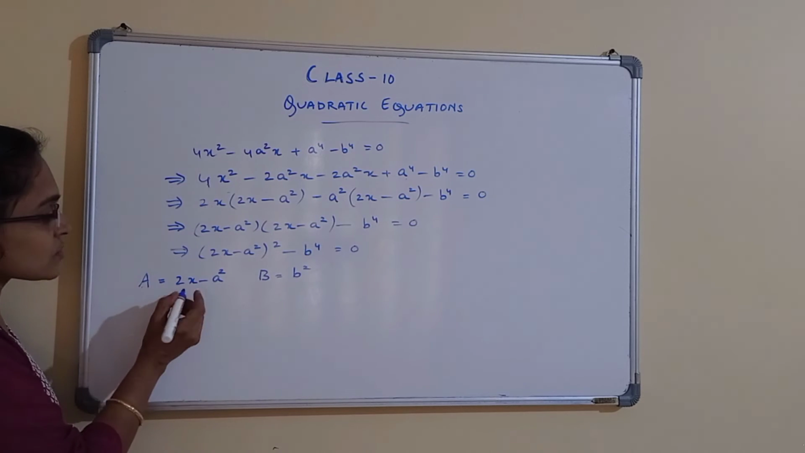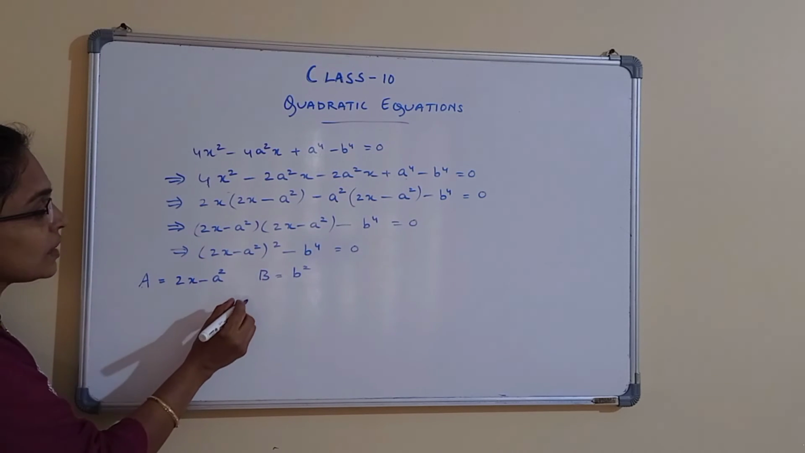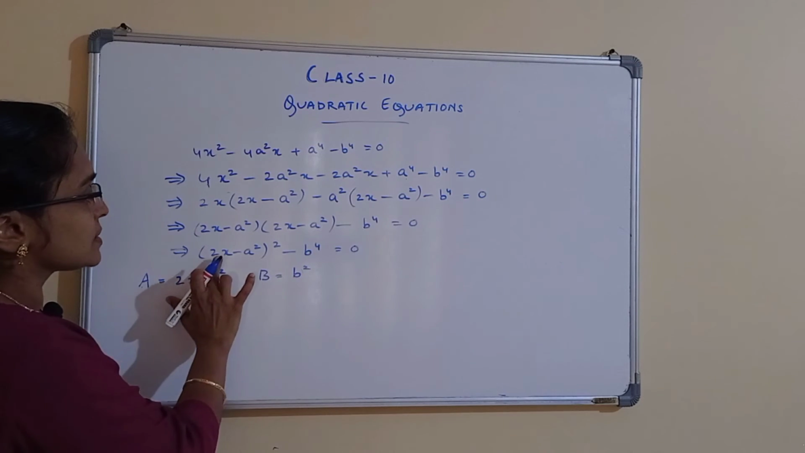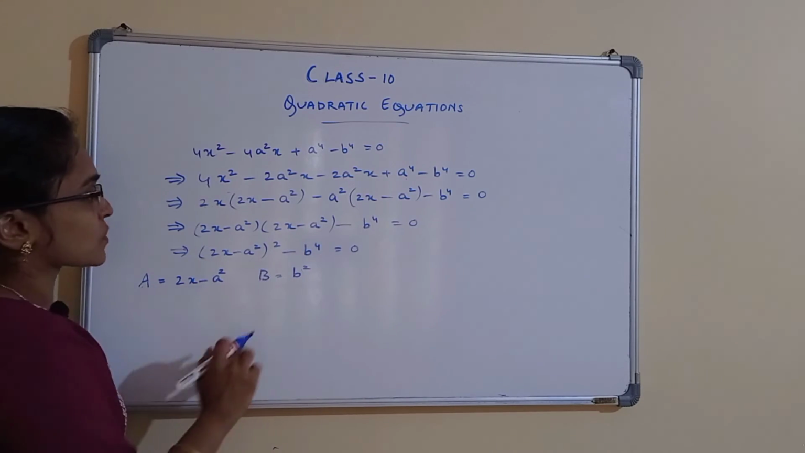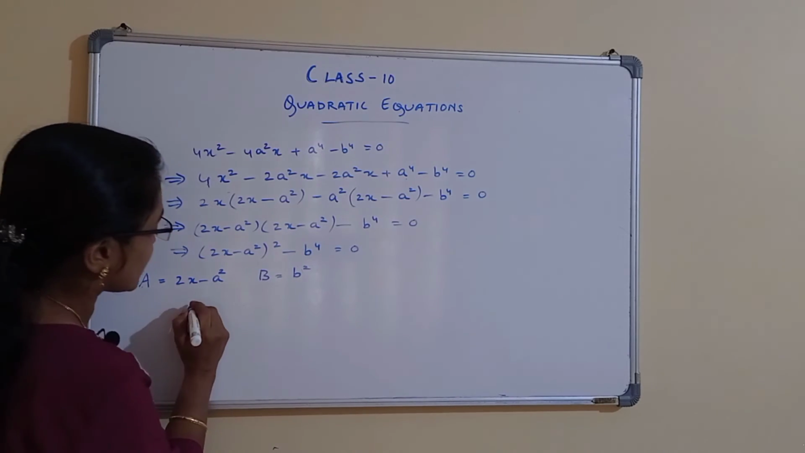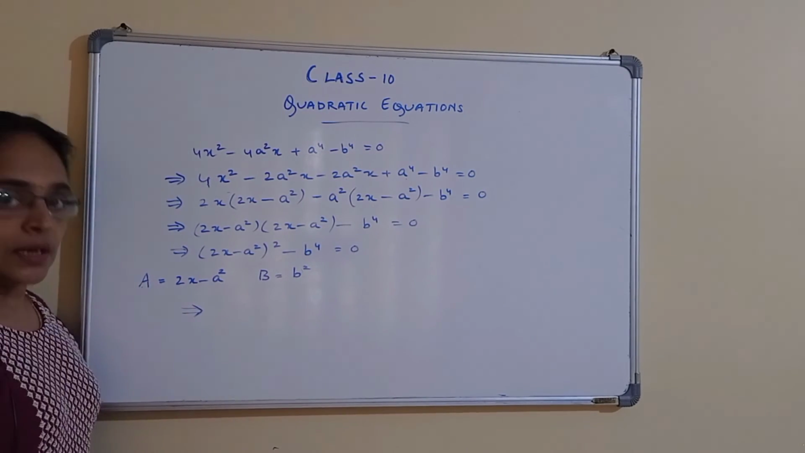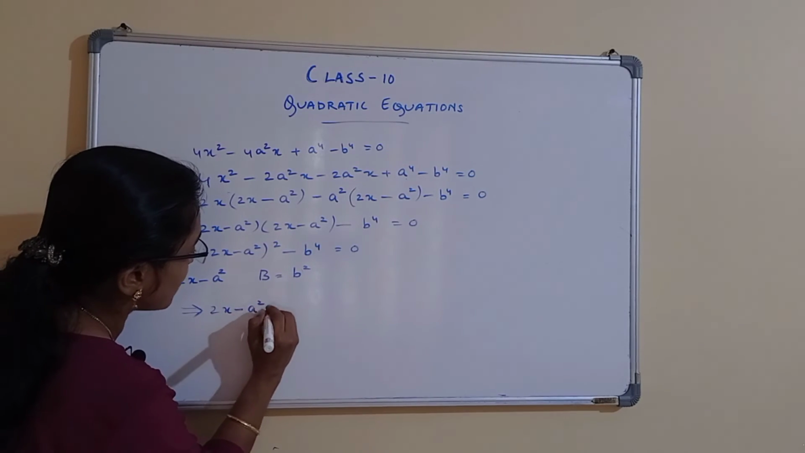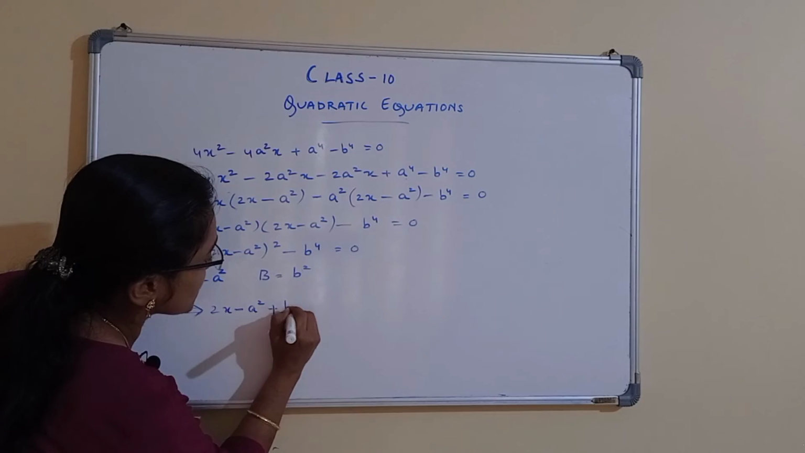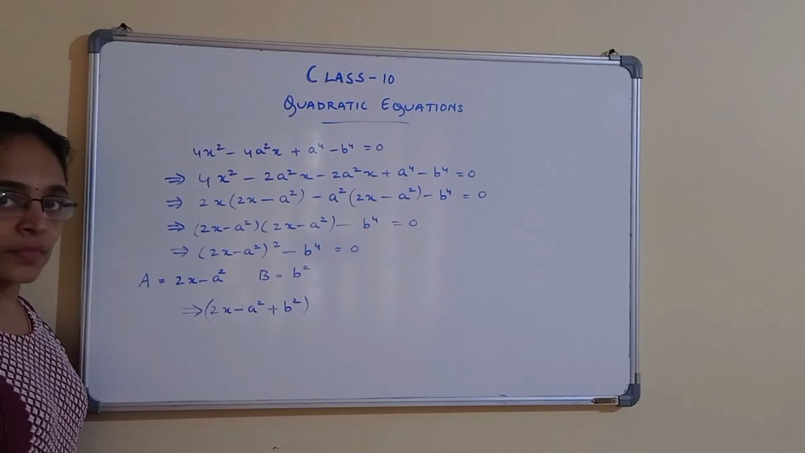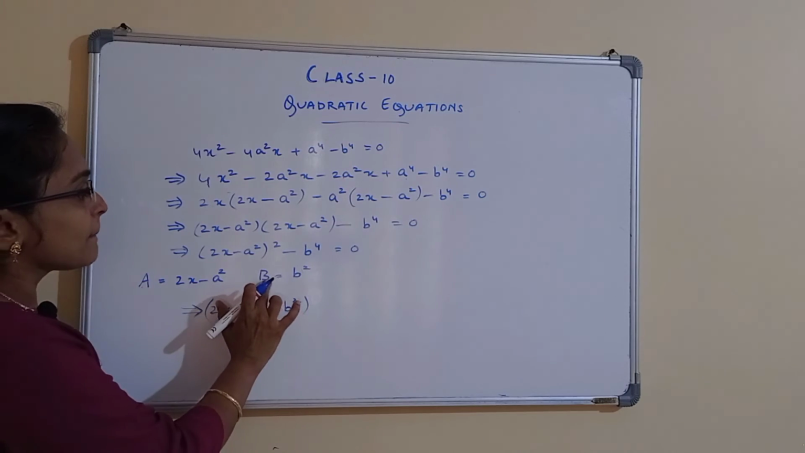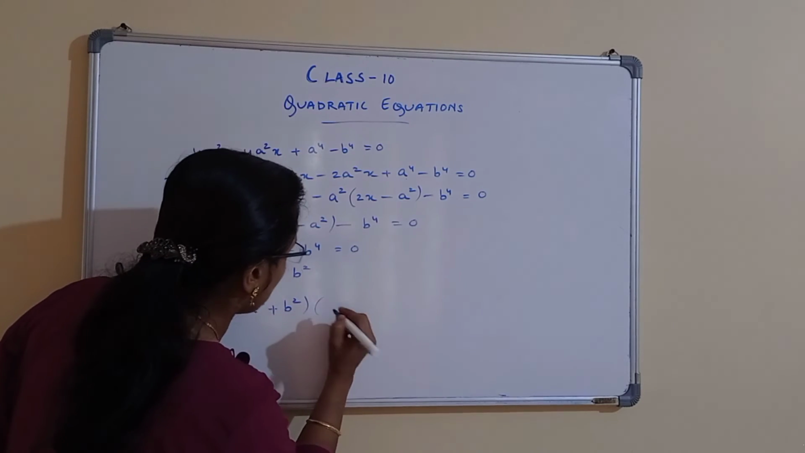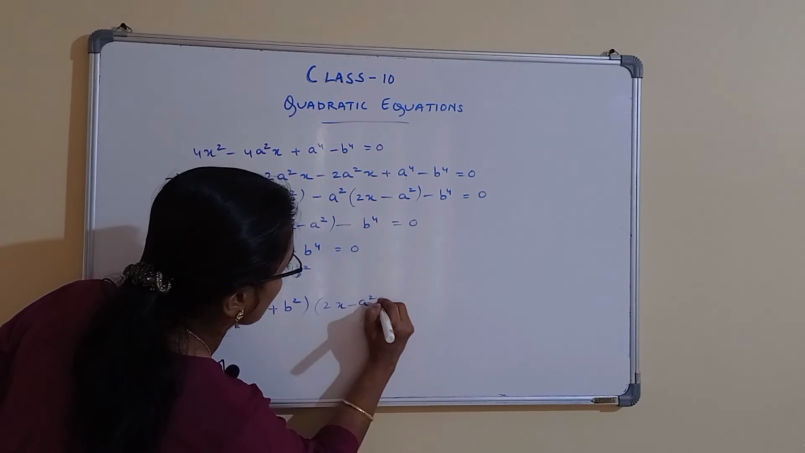So a square minus b square is 2x minus a square the whole square minus b raised to 4. B square is b raised to 4. So this is of the form a square minus b square. And what is a square minus b square? It is a plus b into a minus b. Right? So this implies a plus b, that is 2x minus a square plus b square, isn't it? Because b is b square. So 2x minus a square plus b square into a minus b is 2x minus a square minus b square,